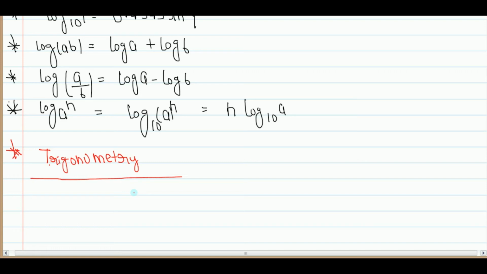Now we are going to switch to the trigonometry part, and the first one is,